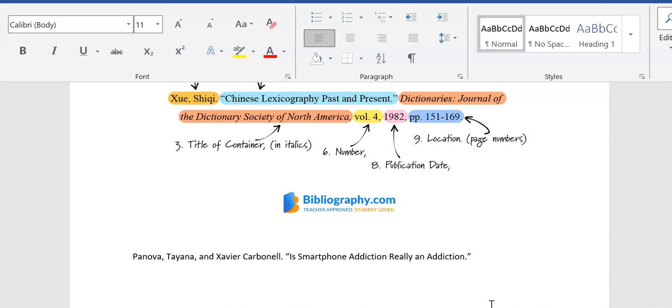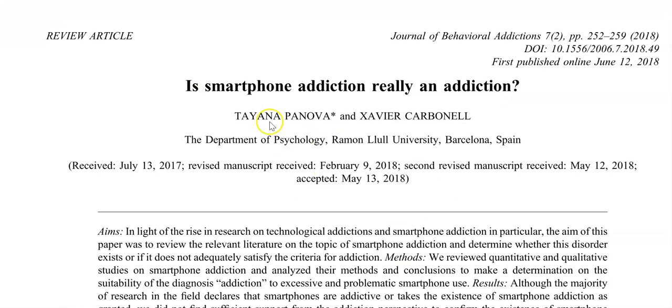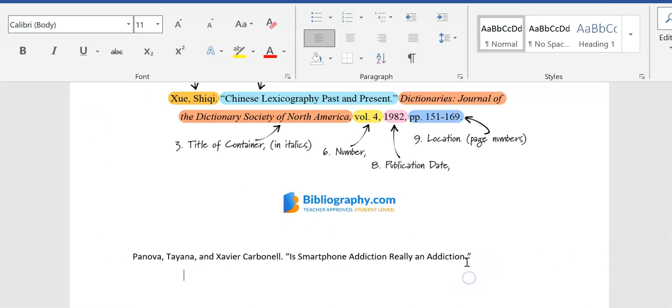Words like an, and, the, you don't need to capitalize. So you do change the capitalization. This one is not in capitals, but in your MLA style reference, you do want to capitalize it. And you place the title of the article in quotation marks, and there should be a period there.